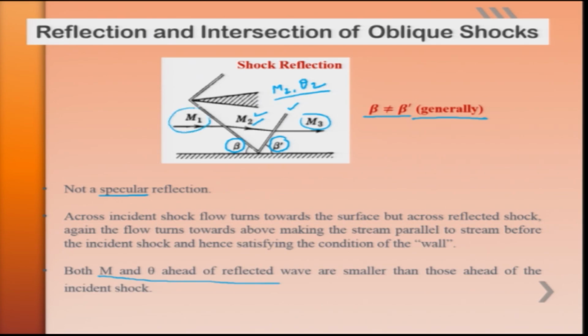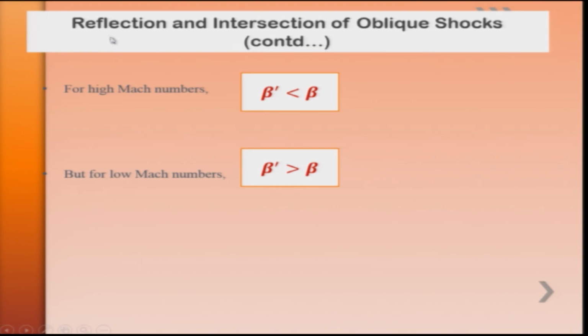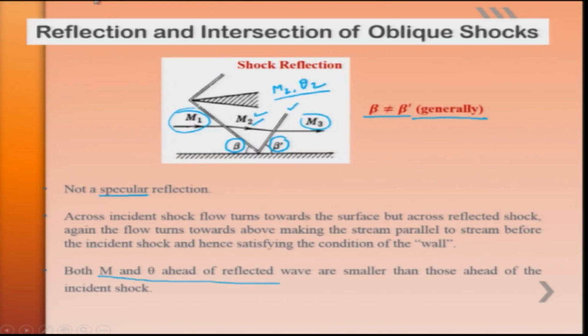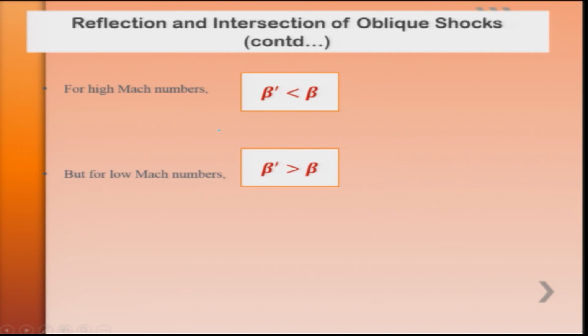the upcoming stream. Now in that case, with respect to this specular, non-specular reflection, what we find here is that when the Mach number is small, that is a lower Mach number, the angle of reflection is higher than the angle of incidence, that is the shock angle. Whereas for higher Mach number, it has been seen that the angle of reflection beta dash is lesser than the angle of incidence. We should make a note of these 2 points actually, at lower Mach number in contrast to higher